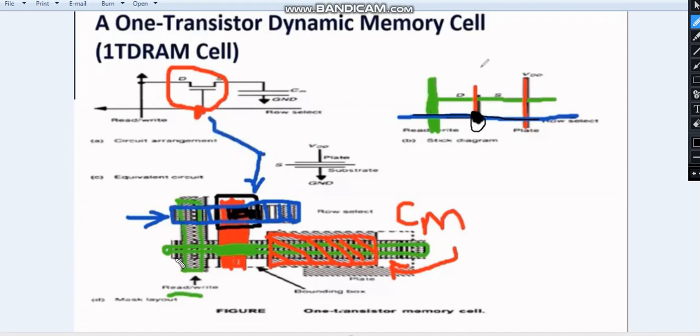So finally, you can see here there is a diffusion and the metal, but there is no contact, nothing but this point here, this point here. Here this is a row select, right? Here is a row select, this is a row select here. Okay, this is nothing but a metal, and this is a diffusion for the read and write operation.